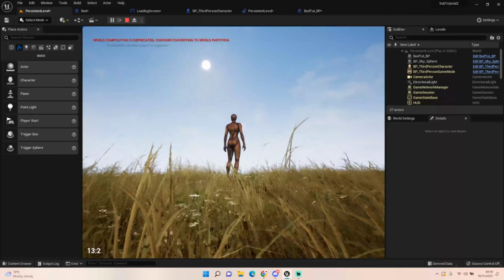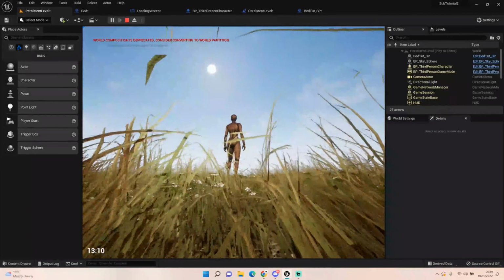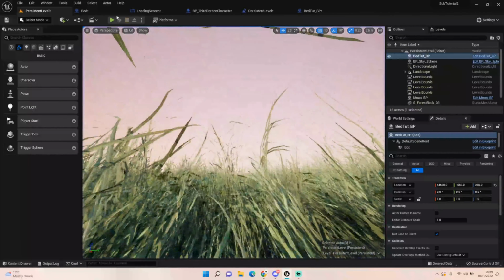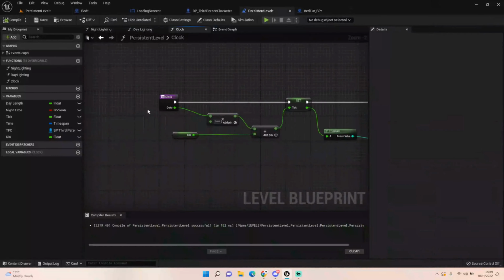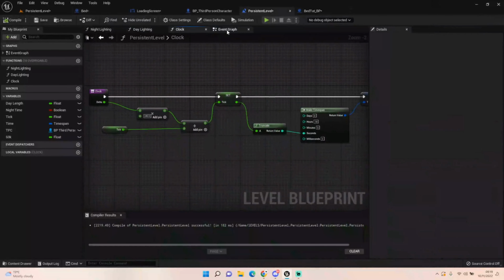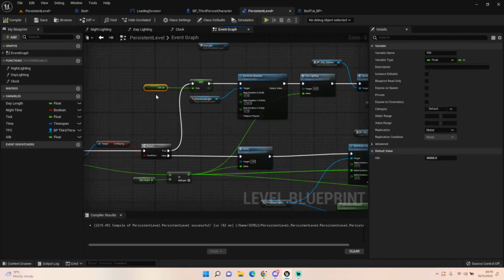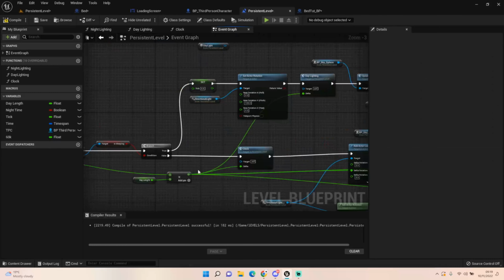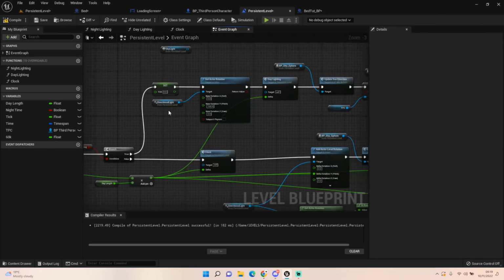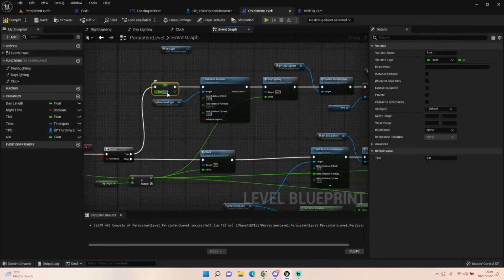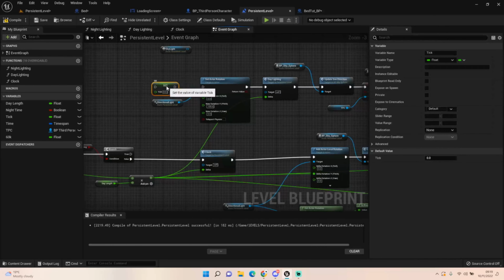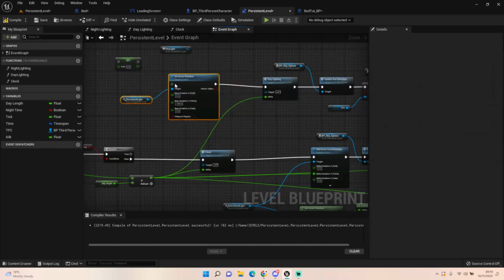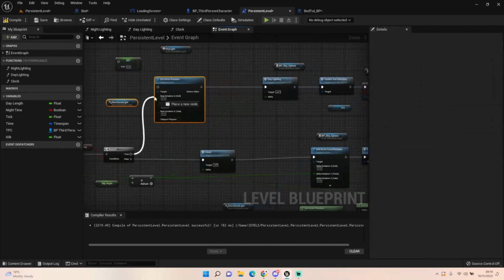I'm trying to think of a way to correct the clock. So the sun resets today. We just need to fix the clock, and I think I know how to do it. I think because I'm setting this to 60,000, what I want to do is I don't want to remove the tick, but what I want to do is put this into true,